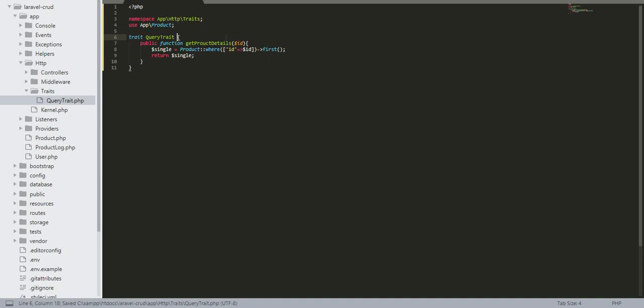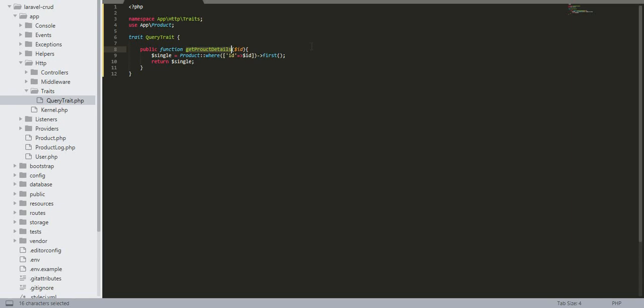So what we did: we have created one trait, and inside that one method, getProductDetails. That means we have created one query, and we can use it in different places instead of writing the get product details query again and again.